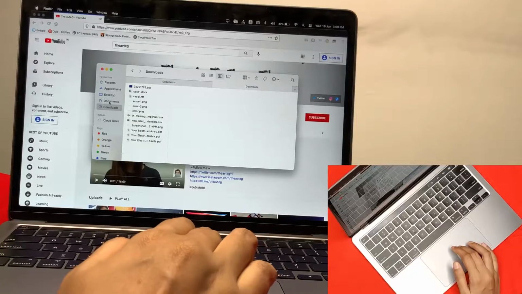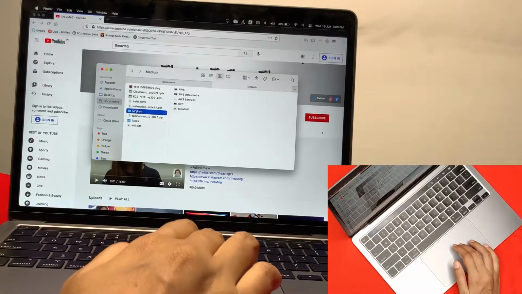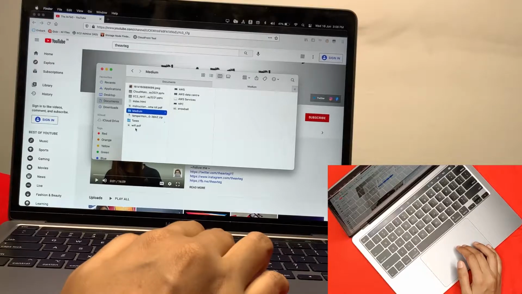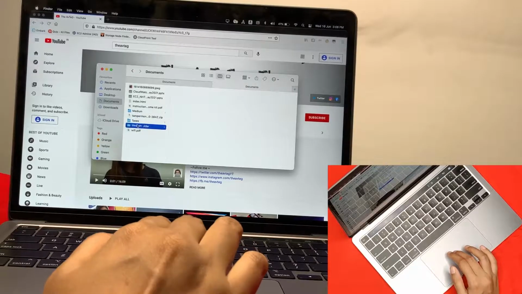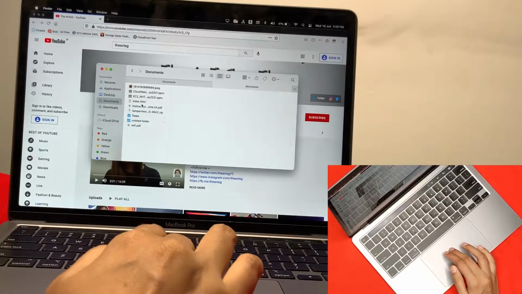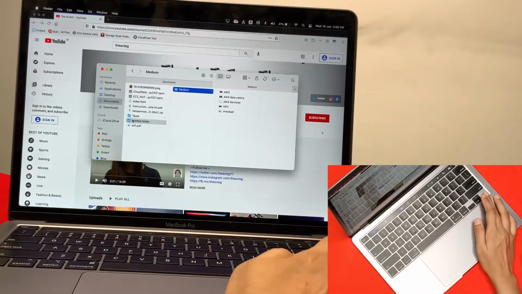So on a Windows device, if you have to see multiple folders, you have to open multiple file manager windows, right? And it can become a little cluttered over time. But on macOS, two things can really help ease everything up. First, you can use this three-slotted way to navigate your folders. Using this, you can literally see all the subfolders within a folder and the files in a single view, and you don't have to go back and forth to view everything inside one folder.